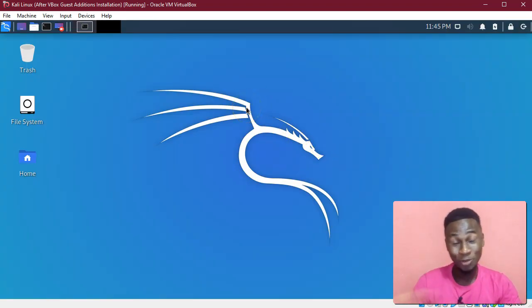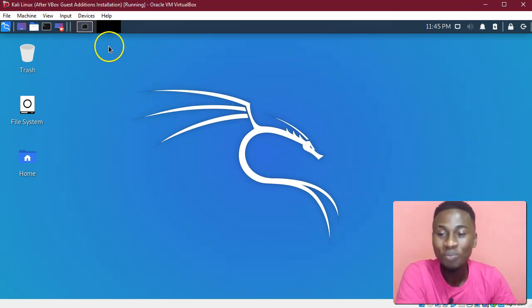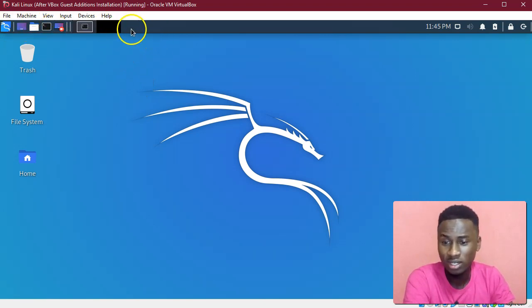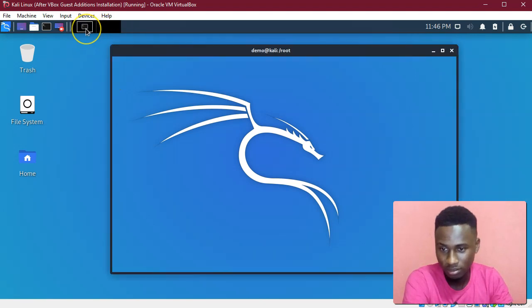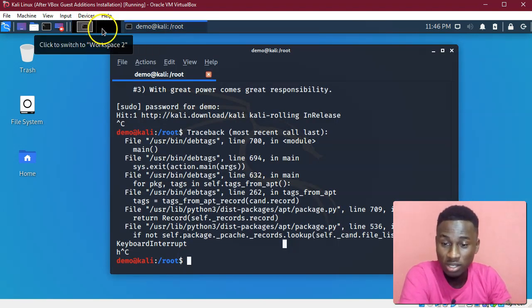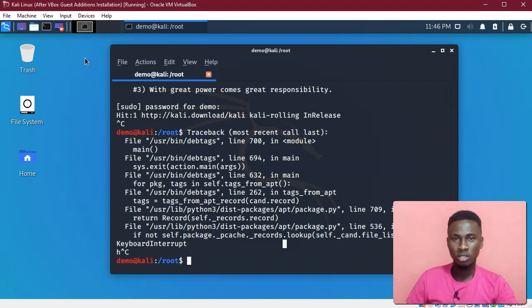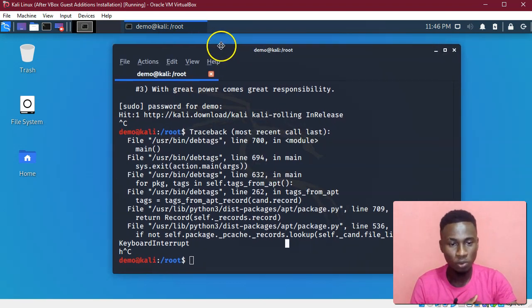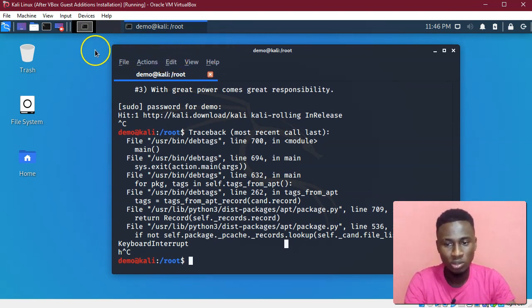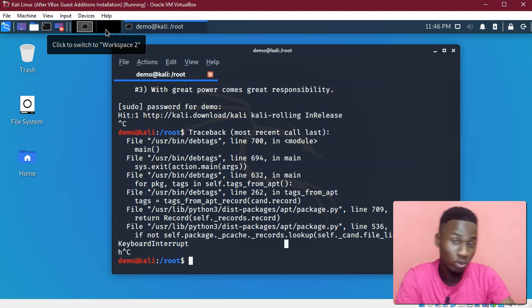Alright. Now, I'm not going to follow any pattern, so we'll just begin with what we can see right here. The first thing you observe at the top of this panel are these workspaces. Is my mouse working? Oh, of course. Okay, now you see this is Workspace 2 and this is Workspace 1. I know you guys are coming from the Windows world. You are not familiar with what workspaces are. These are Linux's way to help you be more productive, so that instead of cluttering your single workspace, as it is on Windows, with all of your folders and programs you're running, you could have workspaces like this, where when I switch to Workspace 2,